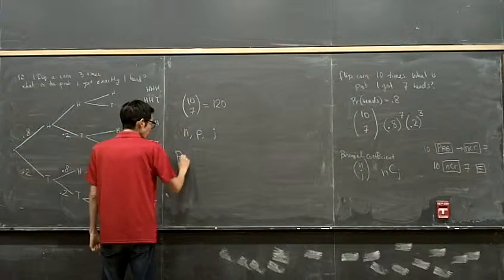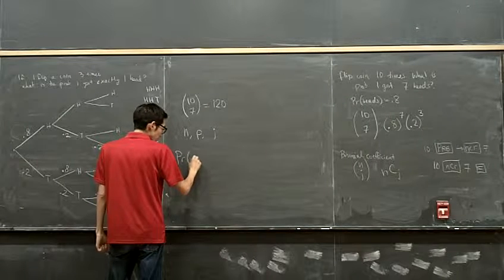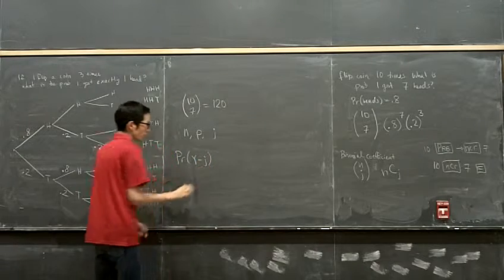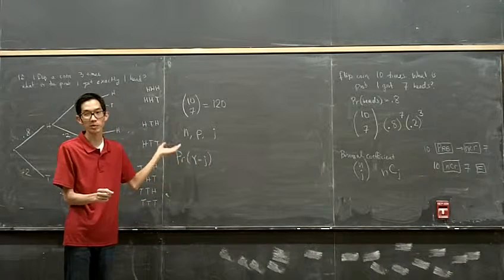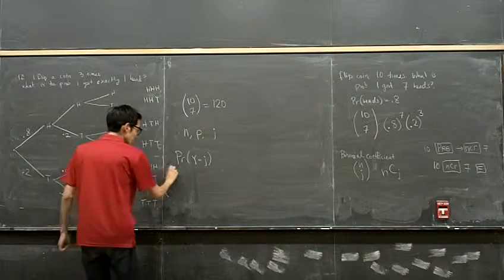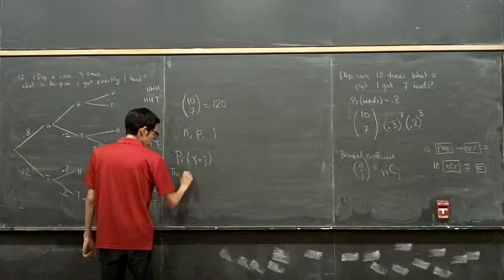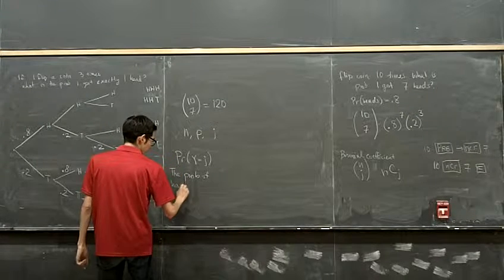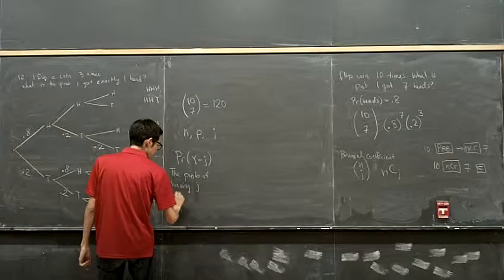The answer to the question, if I do n trials, what's the probability that I get this many successes? So the probability of having j successes